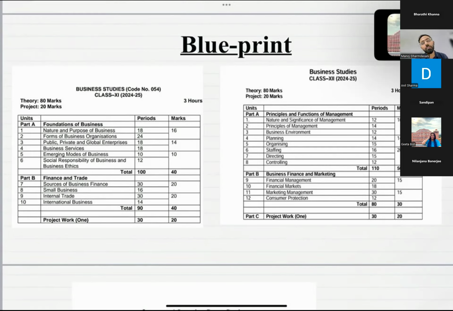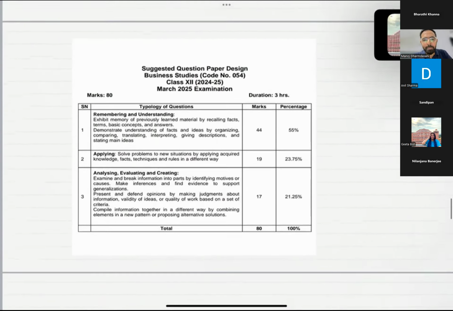Sometimes consumer protection will come for 10 marks, marketing will come for only 5 marks. So we have to tell our students not to give focus to only one chapter in a particular category. Each and every chapter is as important as the other. This was the only point I just wanted to tell you about this particular blueprint, because I know you all are very experienced and knowledgeable, as you have been setting papers for maybe 20 or 25 years. So this is not my forte to discuss now.